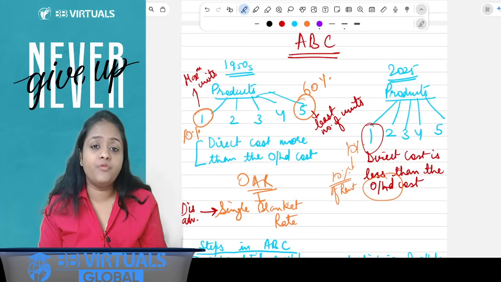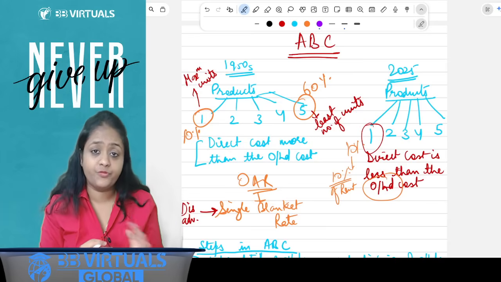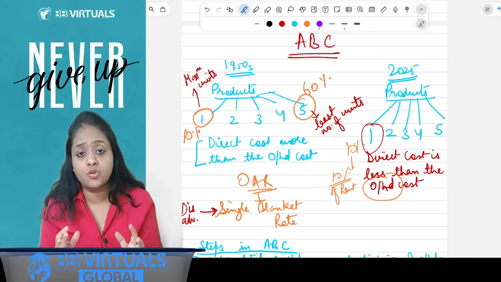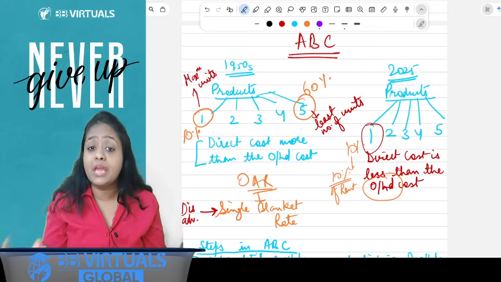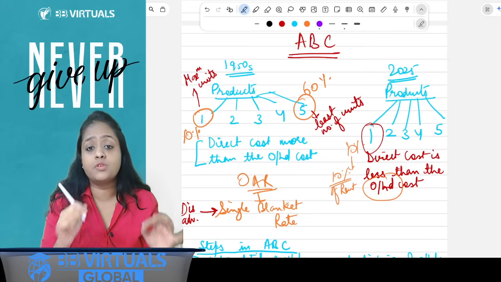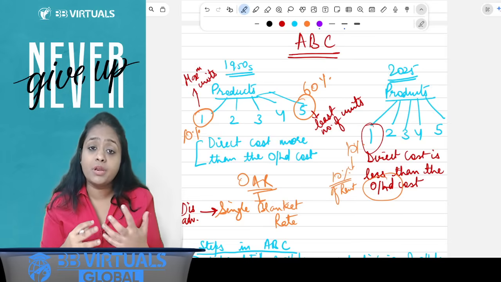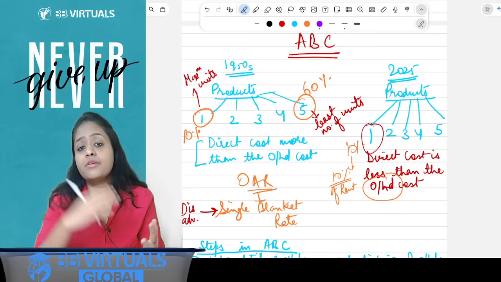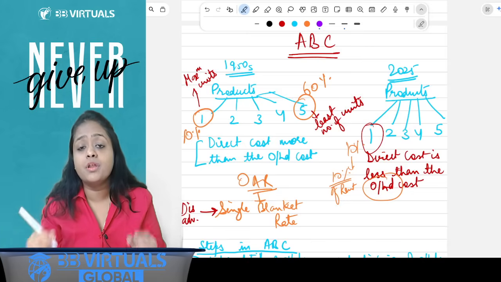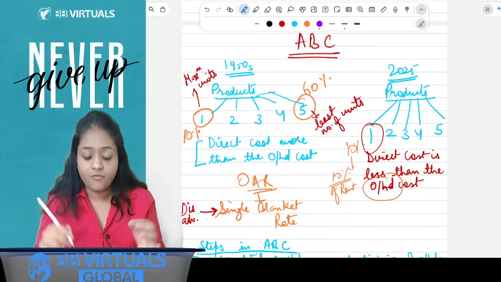Now, a background of ABC, the need evolved because in the 1950s, around that time, overheads used to be a very small amount of the total cost and labor cost used to be a very heavy amount of the total cost, so there the need for absorption costing was more. But now with growing demands and more cost of overheads in relation to the direct cost, there is a need for a better and a more detailed method of absorbing the overheads to the product cost, for which we have